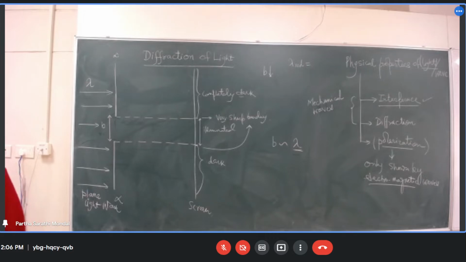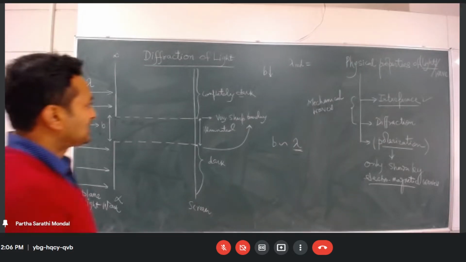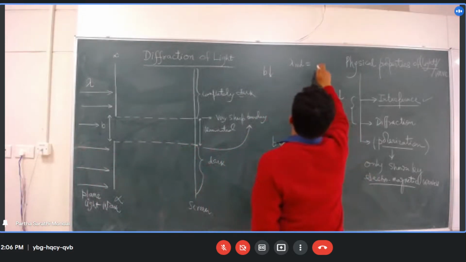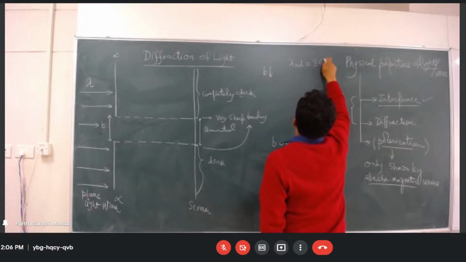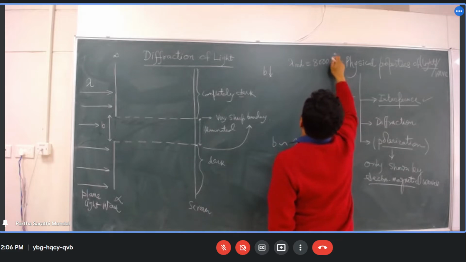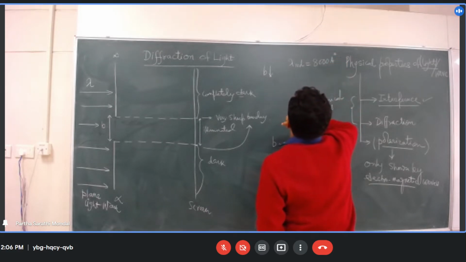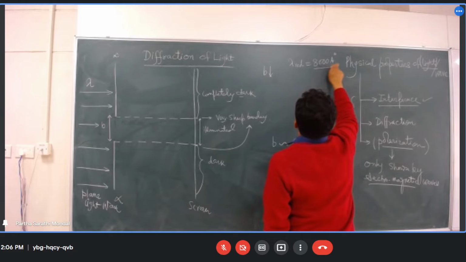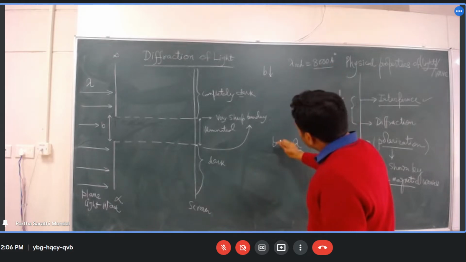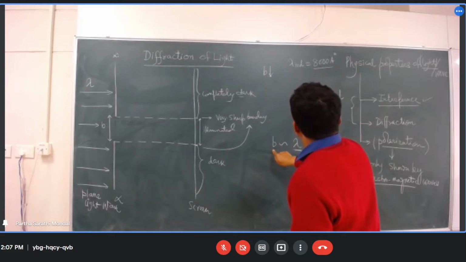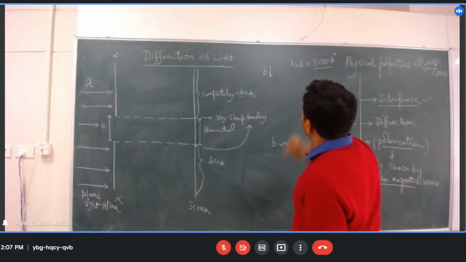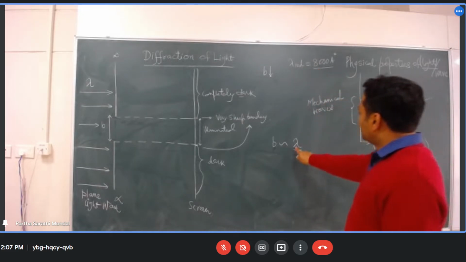No, 360 is for blue. The maximum is 8000 angstrom. 750 nanometer, sir. So 8000 angstrom. Now if your slit width B is comparable to 8,000 angstrom,